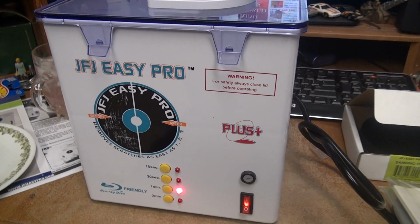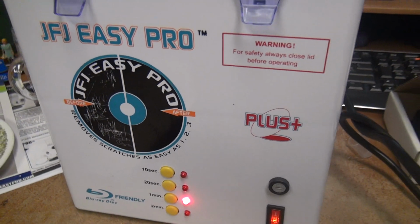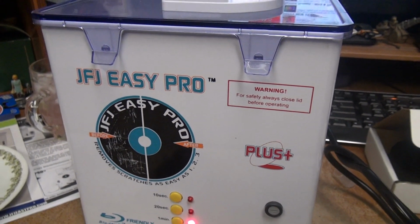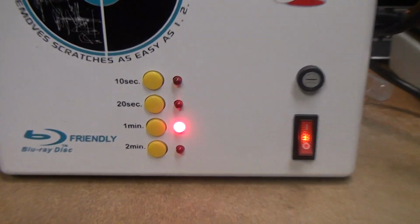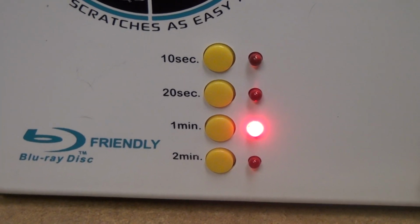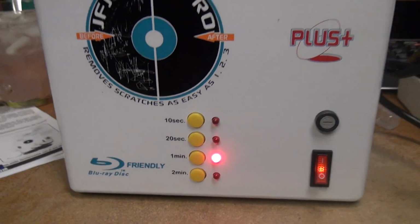Actually, let you hear it for a second. I'll get real close here. It's pretty darn quiet. It's something you can be running and not worry too much about. It's not going to distract you if you're listening to YouTube or anything like that. And it has 10 second, 20 second, 1 minute, excuse me, 2 minute. And basically with